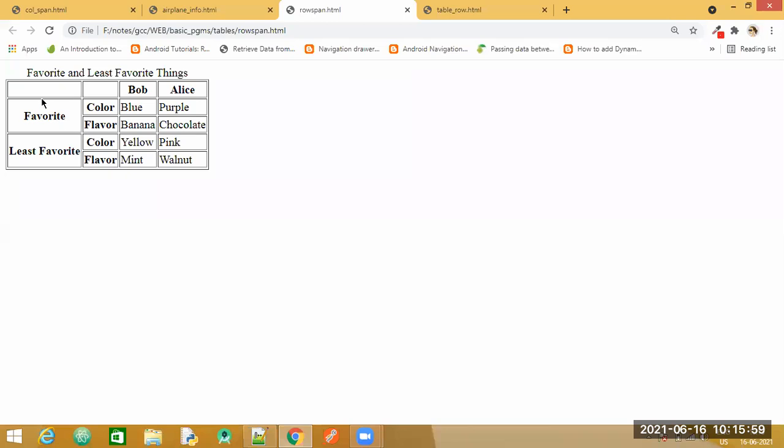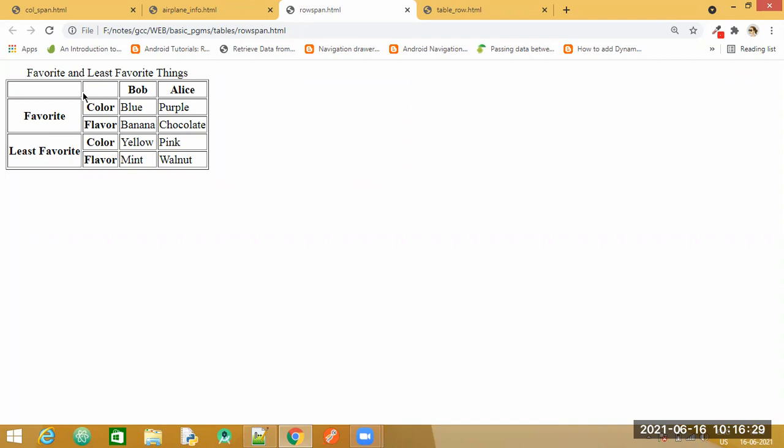First of all, you can see here you have 3 rows, the horizontal lines are called rows. Now when we come to the second row where you have the word favorite, 2 rows are merged into a single cell. Similarly for the last row where you have least favorite, 2 rows are again merged into a single row. And here in the first row, the first 2 cells are both empty.